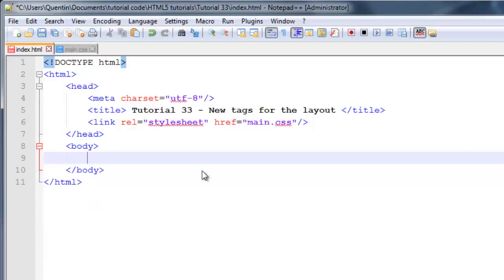Now the same thing applies to these new tags that we got in HTML5. They don't actually change the website in any way until we style them, so they're equivalent to a div tag, but they have more descriptive names because div could be anything. It could be any kind of section or any kind of block. But the guys who designed HTML5 decided, well, hey, if you take a look